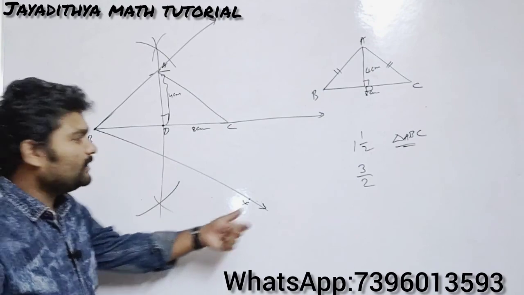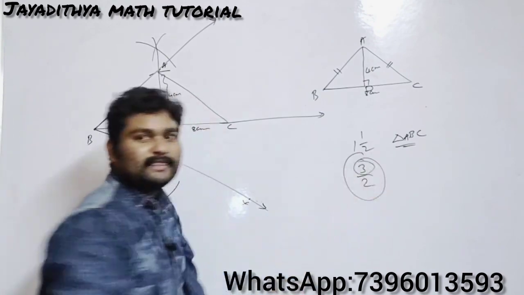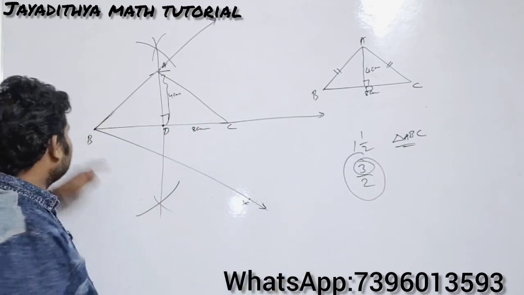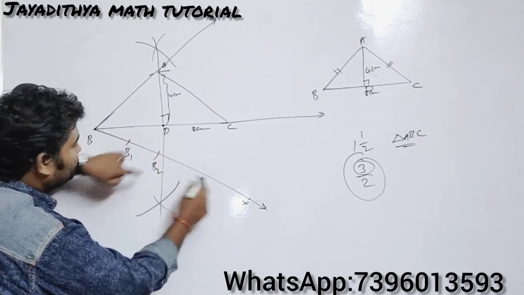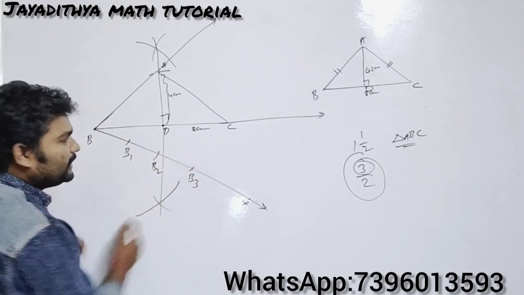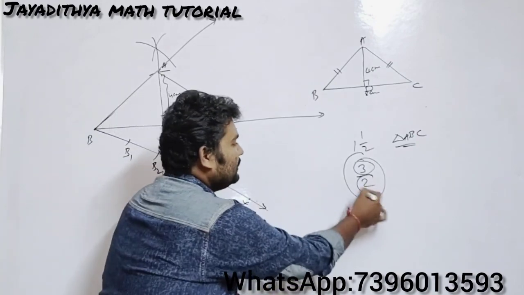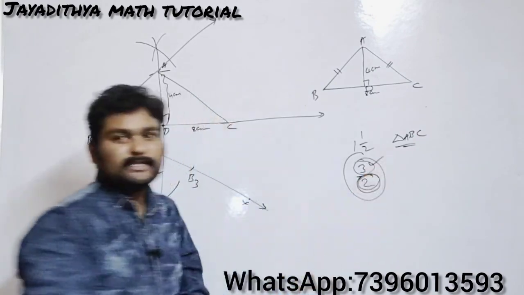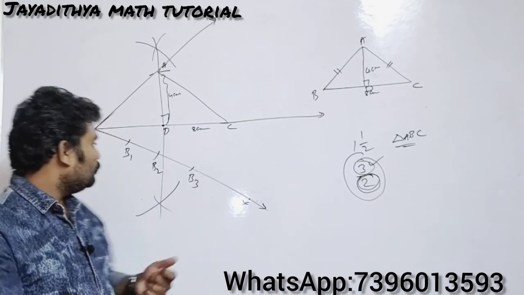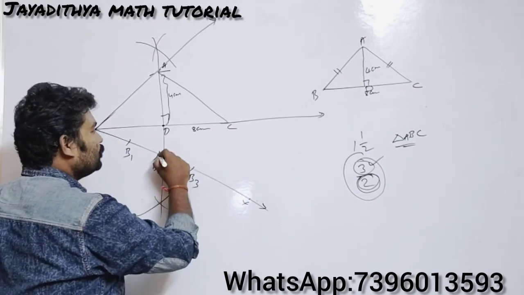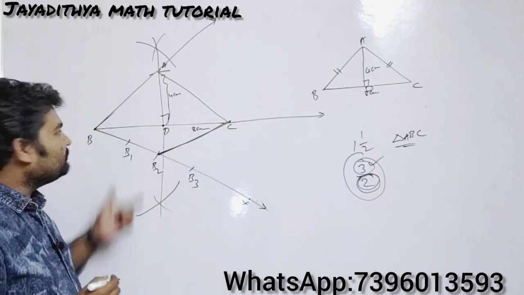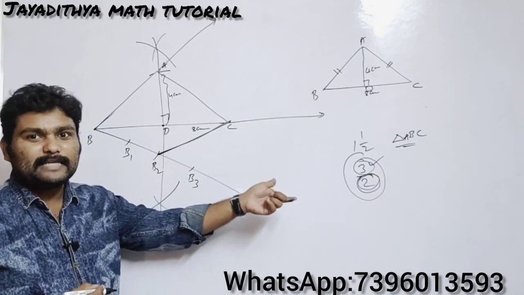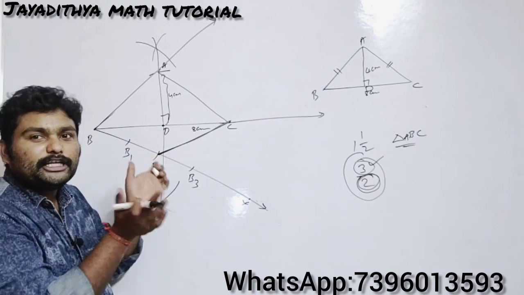How many parts should you make this? The greater number here is 3, so you should make it into 3 parts. Draw B1, B2 and B3. Here the original dimensions are 2 and the similar dimensions are 3. So join B2 and C. Why? Because the original triangle has only 2 parts dimensions, so we are converting the dimension into parts here.